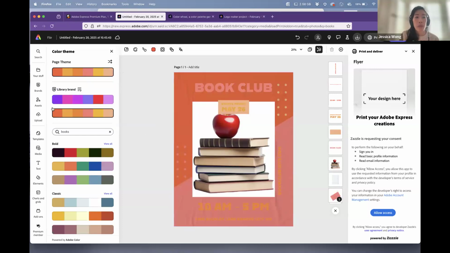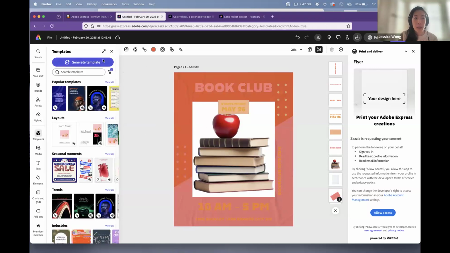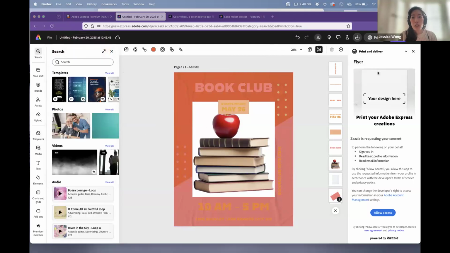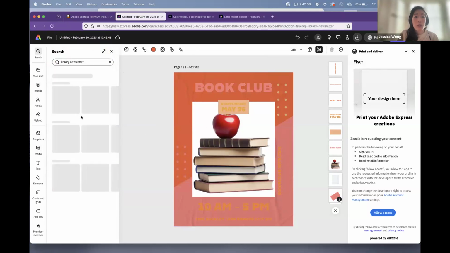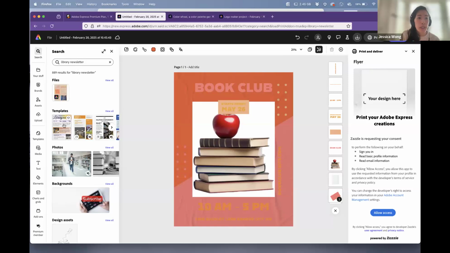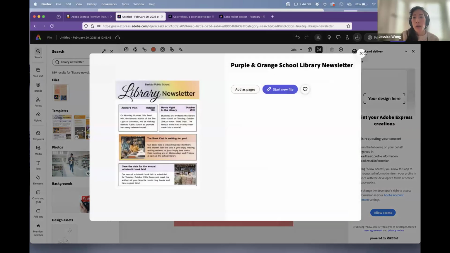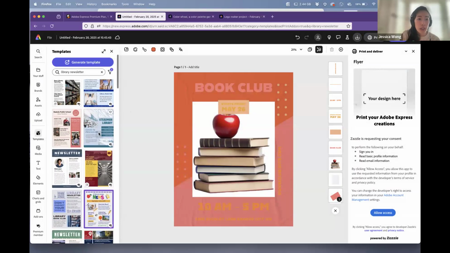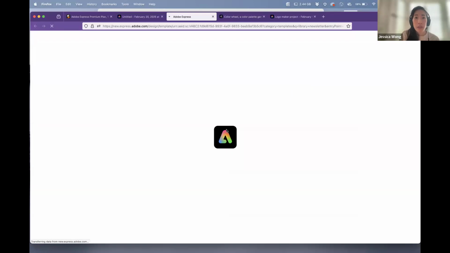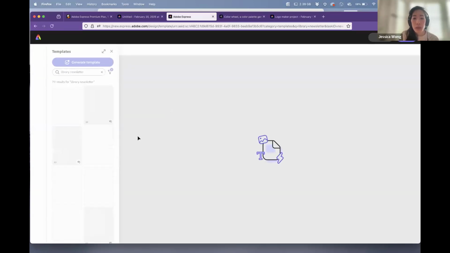And so with Adobe Express, it's not only flyer templates, you can choose videos as well. So if you click search, let's see, you can look for a newsletter as well. I'm sure newsletters and flyers for parenting classes and things like that are probably pretty popular. We can take a look at different newsletters that you're able to choose from.